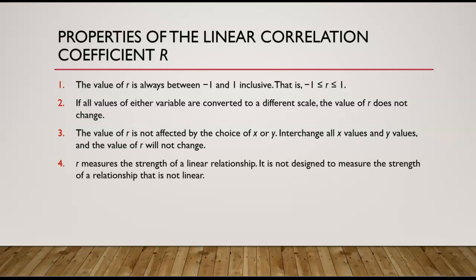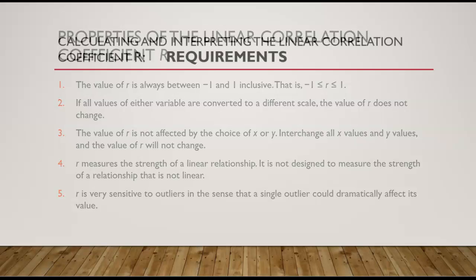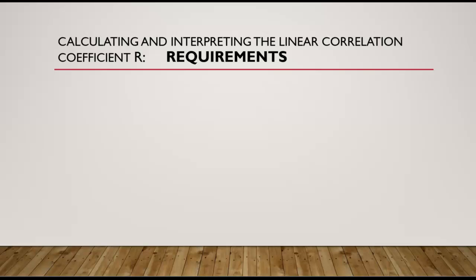R measures the strength of a linear relation. It is not designed to measure the strength of a relation that is not linear. R is very sensitive to outliers, in the sense that a single outlier could dramatically affect its value. Given any collection of sample paired quantitative data, the linear correlation coefficient R can always be computed, but the following requirements